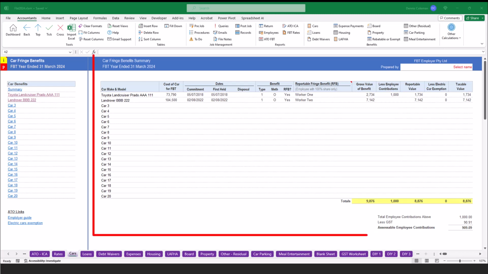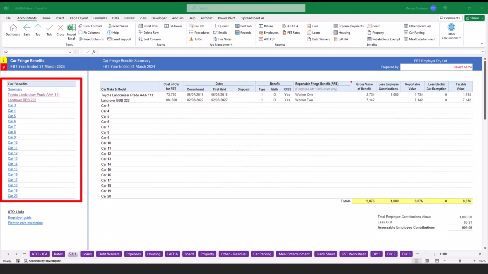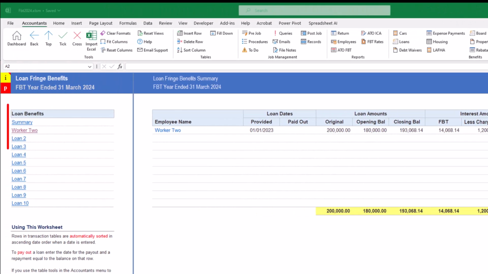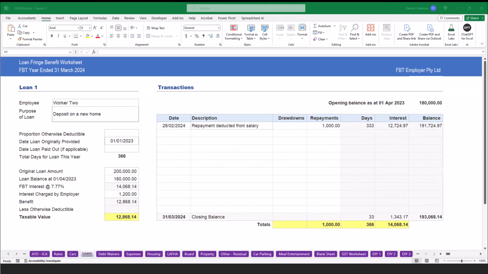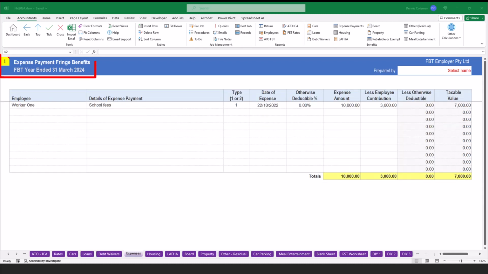The cars sheet shows a summary of all car benefits entered, and each car can be accessed via the left-hand side menu. I'll come back to this sheet later for a closer look. The loan sheet also shows a summary of loan benefits, and likewise, each loan can be accessed via that left-hand side menu. Then there are sheets to calculate the value of the benefit for debt waivers, expense payments,